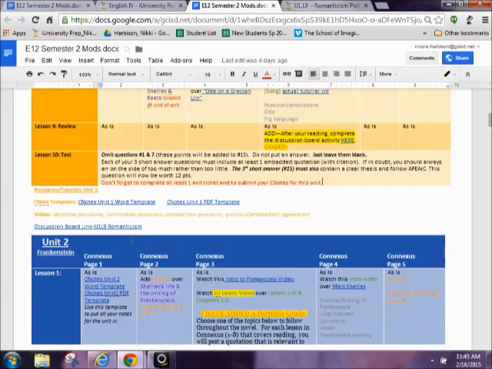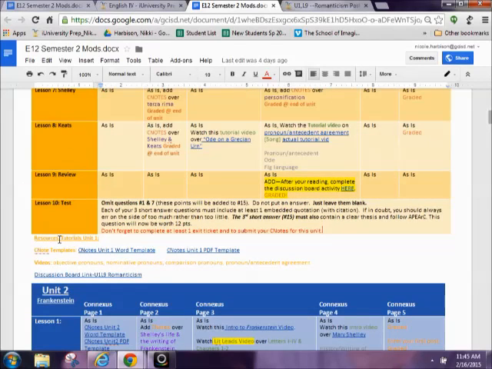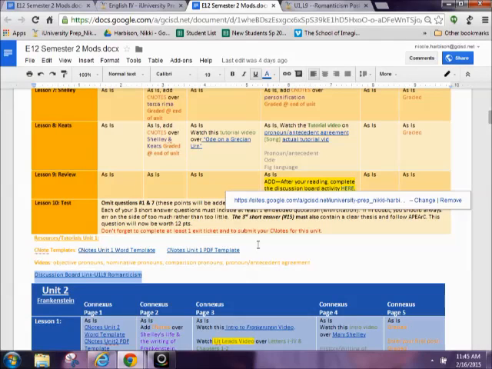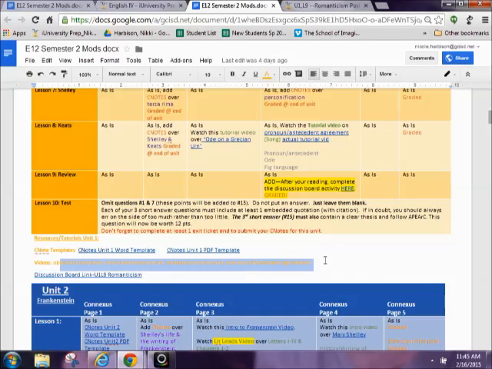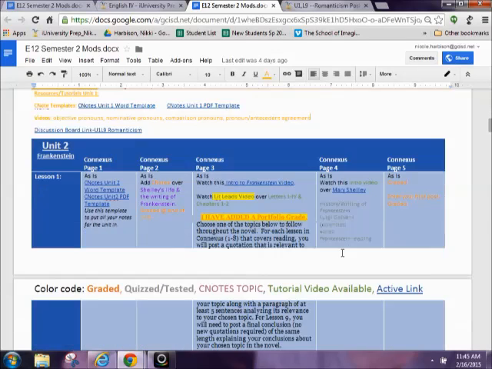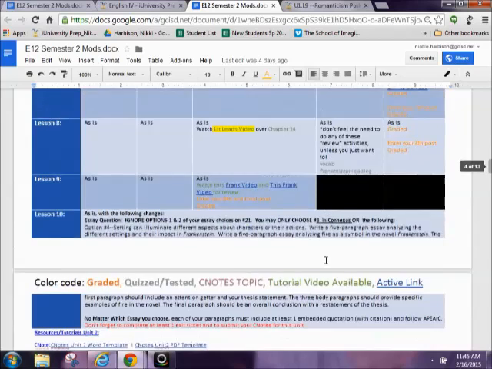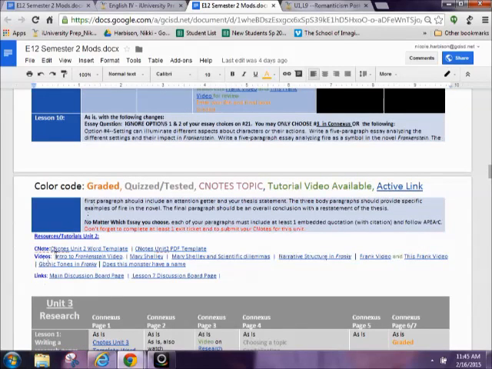Under each unit, what I've done is I've kind of combined resources, and I've put, for example, your discussion board link here if you need to just find it really easily, your C notes templates. These should all be linked. They're not, unfortunately, but I'll fix that for the tutorial videos that you have. You can see it in this one. Your videos are all here. So everything that I've linked in the whole unit, I've then come and put at the end of the document for you to find them in one place as well. Okay,